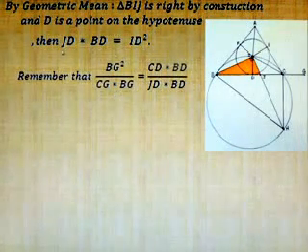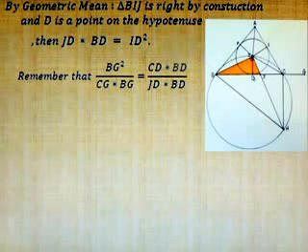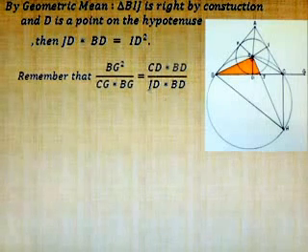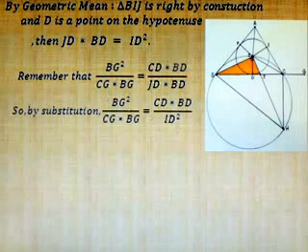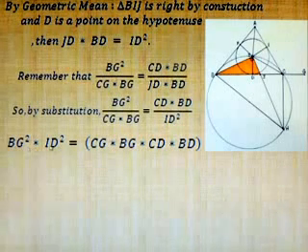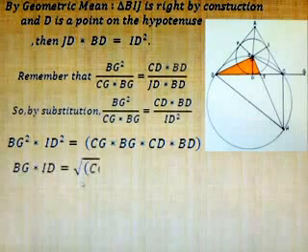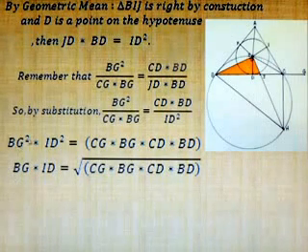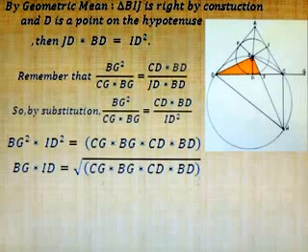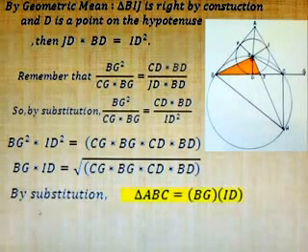So now we can say that multiplying JD times BD is the same as squaring ID. So we're going to replace this. And so now we're just going to use cross multiplication. We're just going to cross multiply these terms, and we're going to cross multiply these terms. And to get rid of the square on this side, we'll just square root this side. Now this is starting to look like Heron's formula, so we're getting there. We're almost there. Now by substitution,